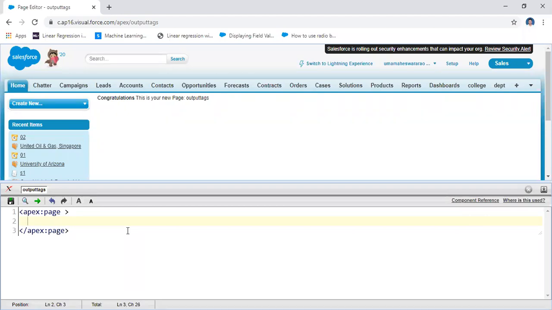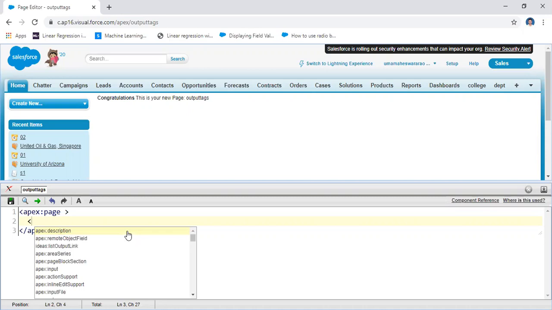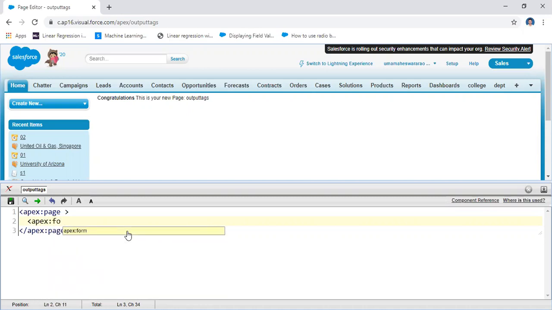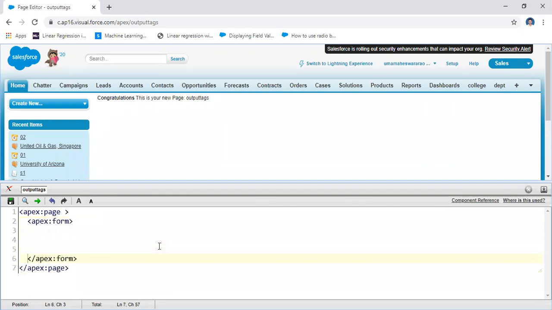Before using this tag, it is better to use an input tag, since I am going to use some input tags for completing the task. That's why I am taking the form tag here, apex colon form. I take the form tag, and then I am going to use the output text tag.